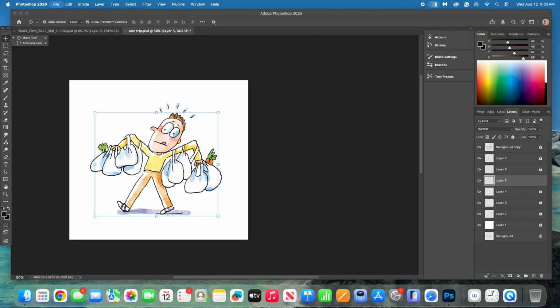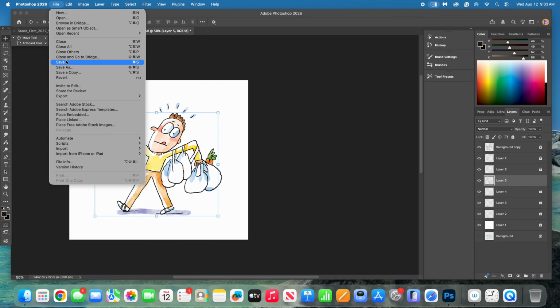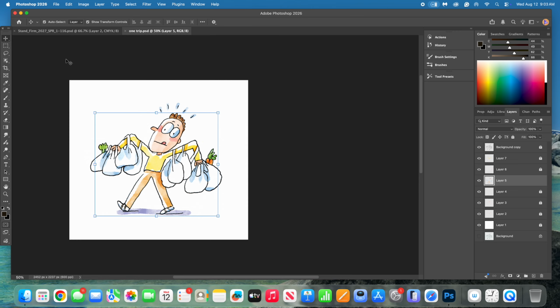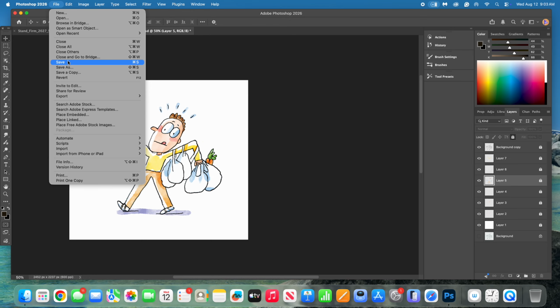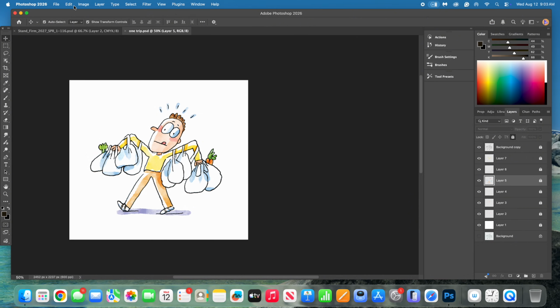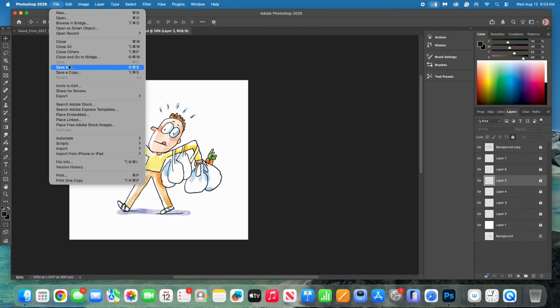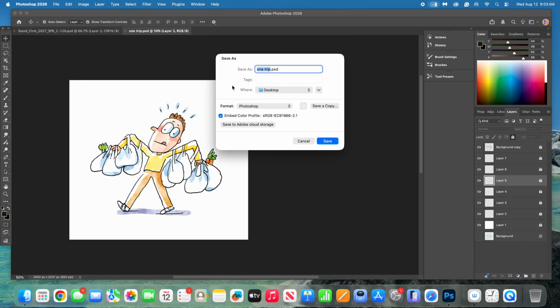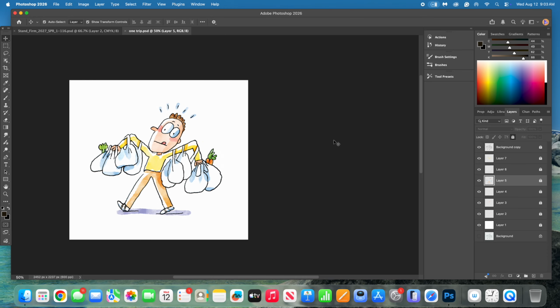All right, file save. I'll show you what it looks like in the layout too. So I'll save this. I'll save it again, save as. And this is going to be for Dawn. Okay, and then I'm going to